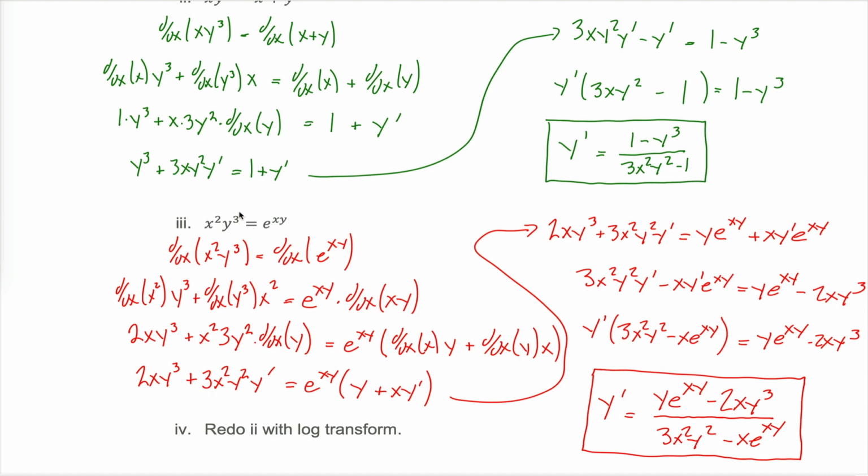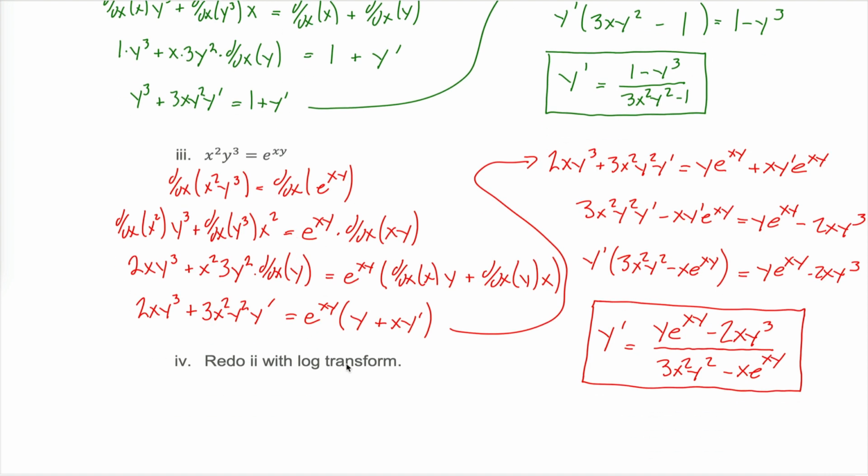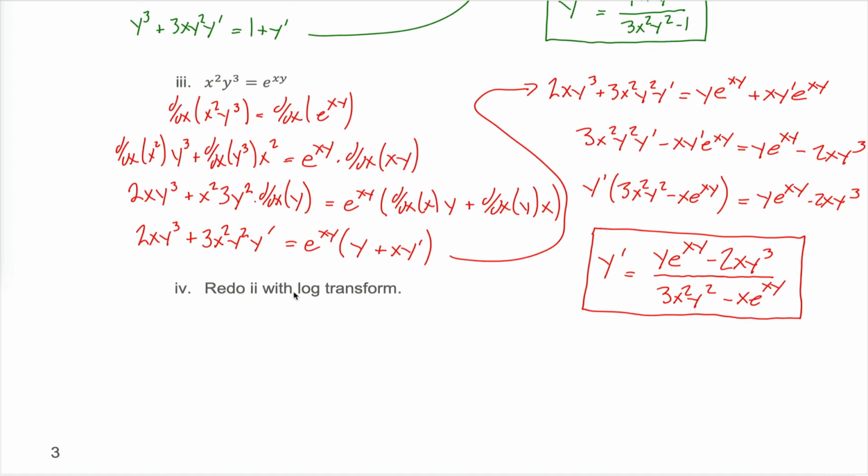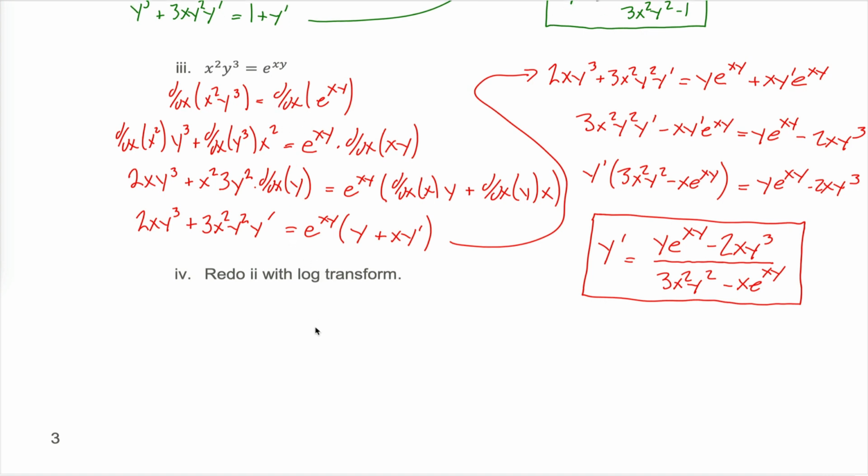what might be useful before I take the derivatives is to take the log of both sides of the equation. That's what's called a log transform. You have to be a little bit careful when you take the log of both sides of the equation because the log of negative numbers isn't defined. But I don't want to get too far into the minutia with this. We can always just assume that x's and y's are positive numbers, and therefore it's totally fine to take the